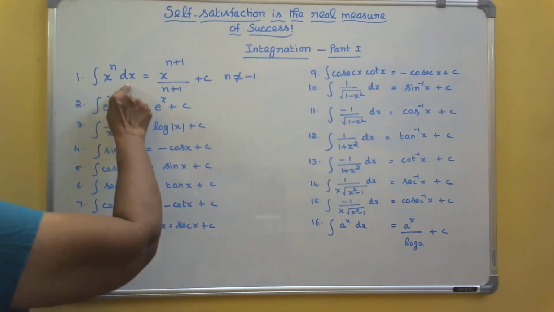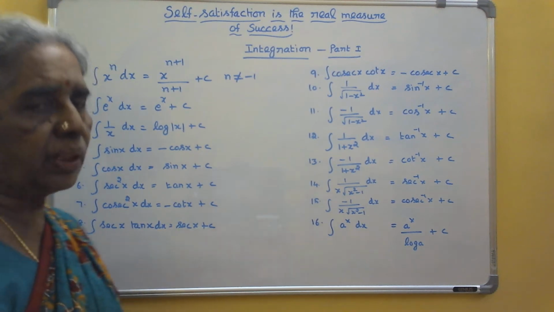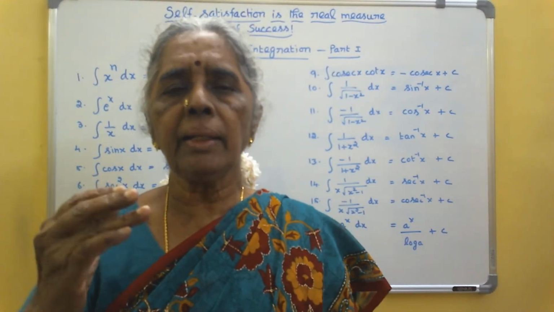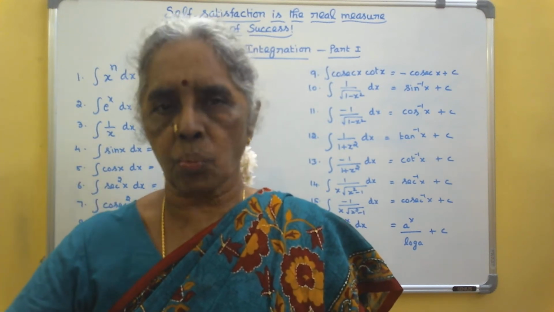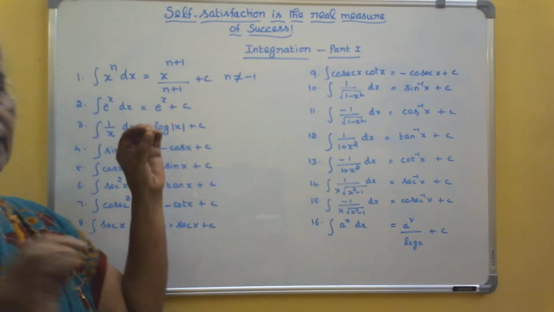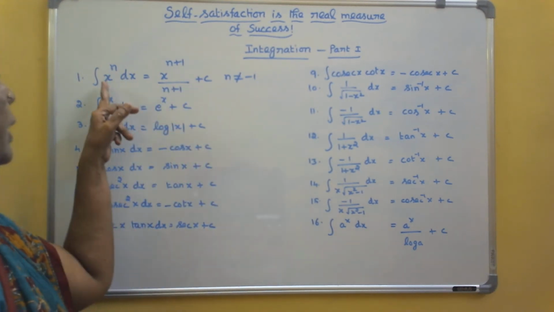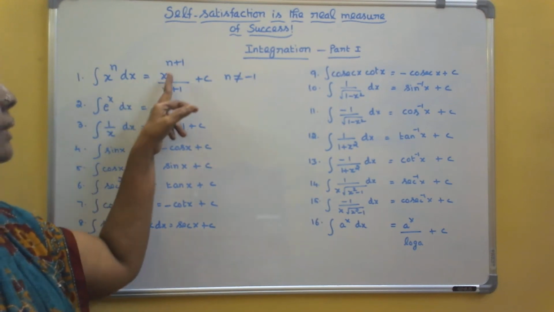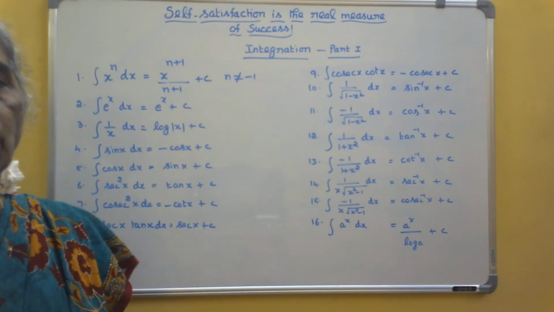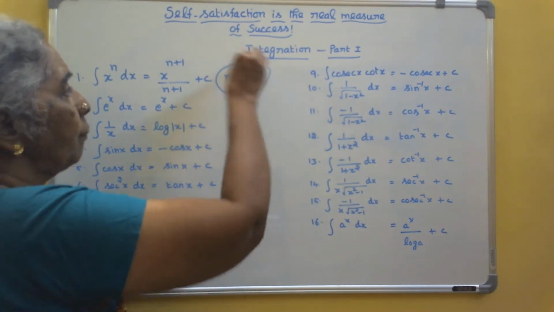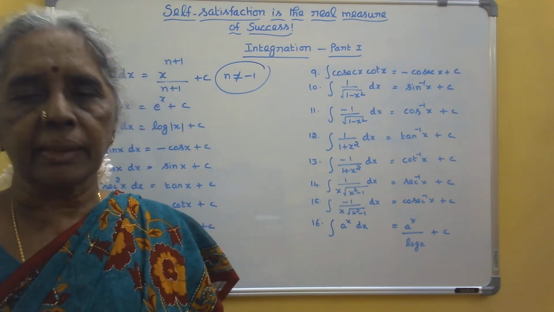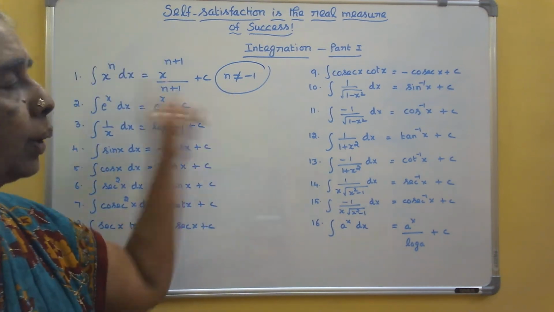Now, I want to come to the first one. You know in differentiation, if you differentiate x power n, you will be getting n into x power n minus 1. Here, to have the x power n, we have just changed the formula a bit. So, integral x power n dx is x power n plus 1 by n plus 1 plus c. Here you have to note this, which is very important: n not equal to minus 1. I will tell you when it comes by an example, so that you have to remember.